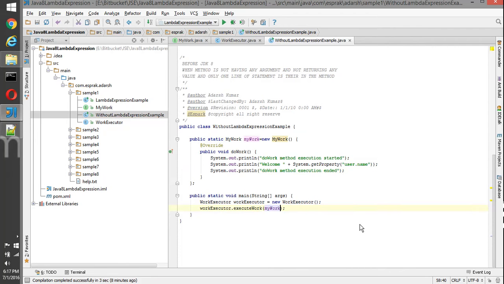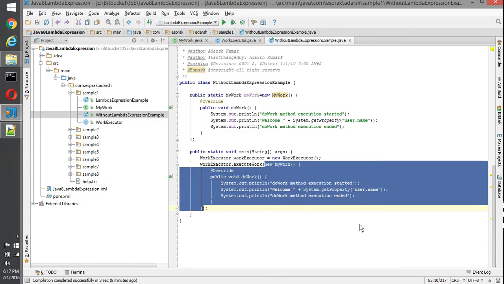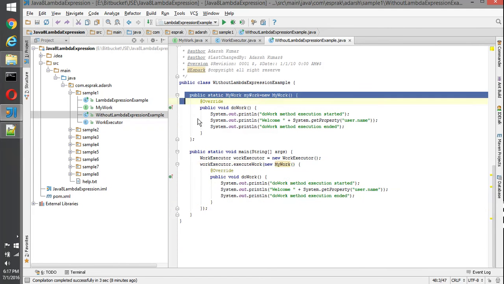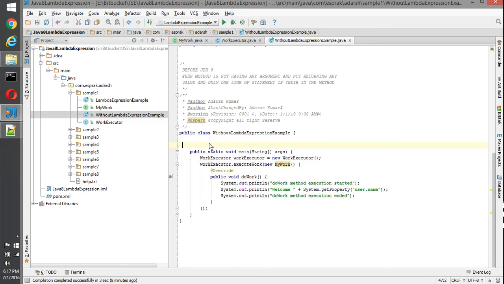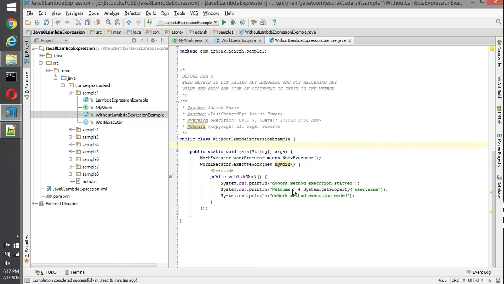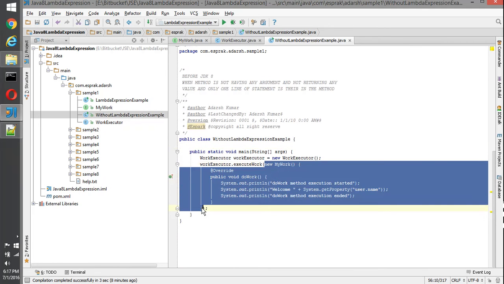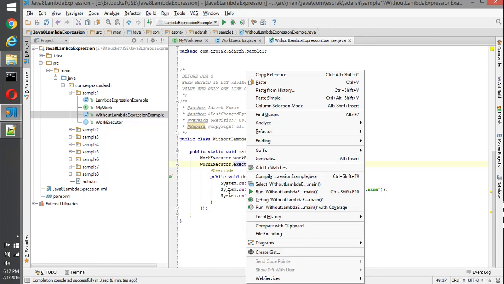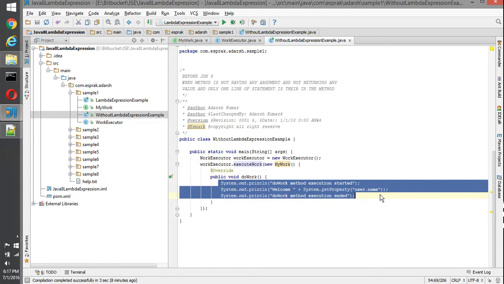Since I have only one implementation, I create an anonymous class implementation, pass it, and override the doWork method with whatever I want.